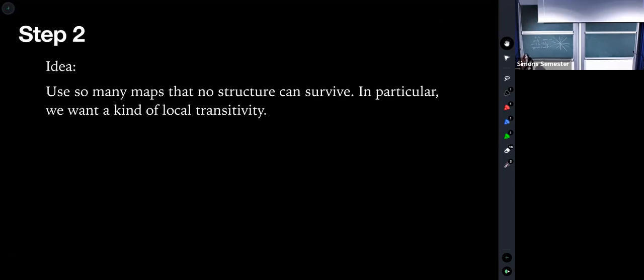All right, so step 2. The idea is that we want to use so much stuff that no structure can stay. So we want local transitivity. Essentially, I want to be able to move up in the fiber of my Grassmannian bundle, or between, I want to move from any subspace to any other subspace. And I also want to be able to move locally on the manifold as well. The goal is like transitivity in the whole bundle at a local scale. And then you take that and you spread it across the whole manifold. And this lets you say that if there's an invariant structure anywhere on your manifold, then you can wipe it out with some positive set of these maps that you construct. So this is the goal.